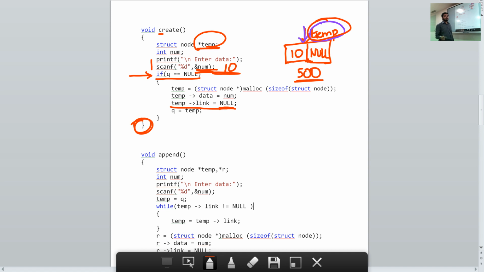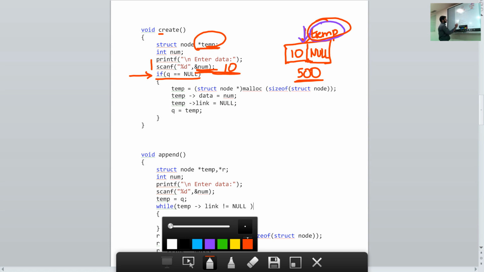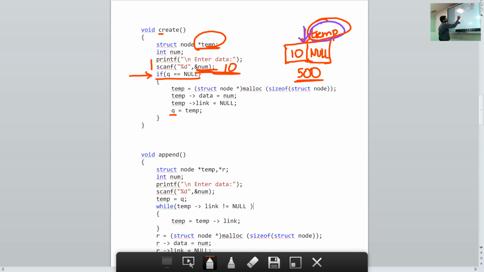Let's save it in the global variable that we have defined, q. So let's store the value of temp in q. Temp's value is 500 that we are giving to q. So q becomes equal to 500.